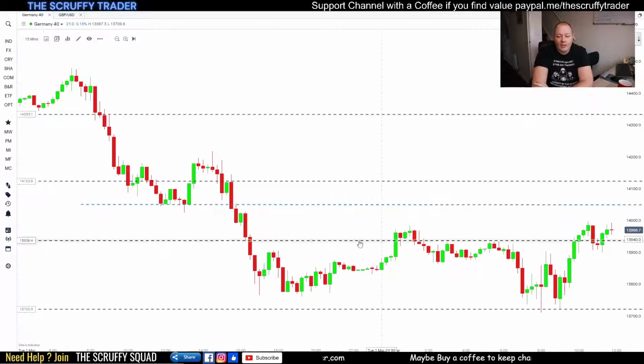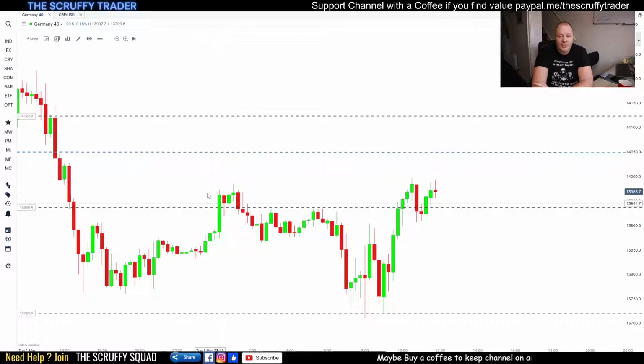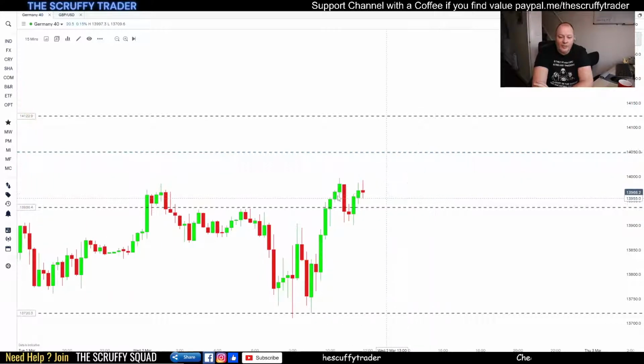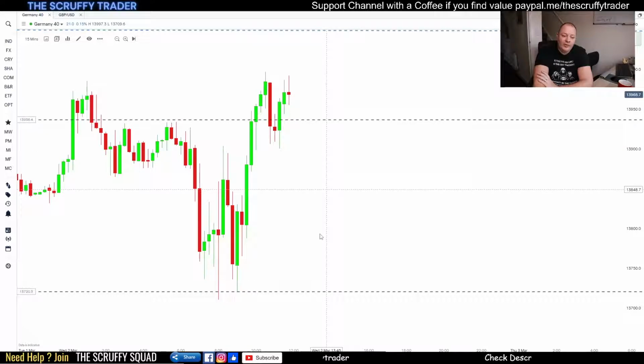So now I'm going to drop it down to a 15 because I want to see what's going on. Well, you can see the push up, you can see it come down. Tails to the bottom side showing pressure to the up. There, this is coming down. There's no reason why I can't bounce off that and then move up. So a nice safe trade to take